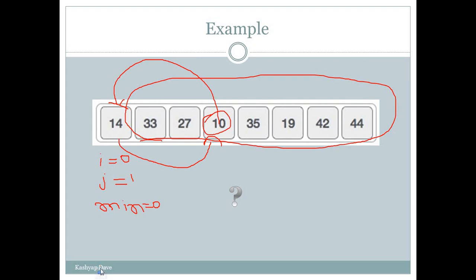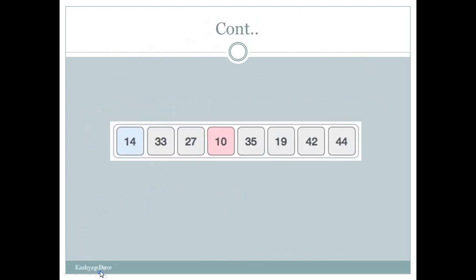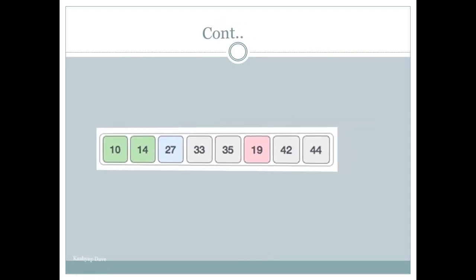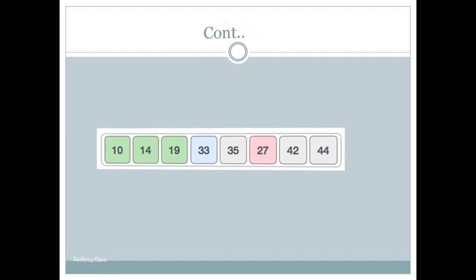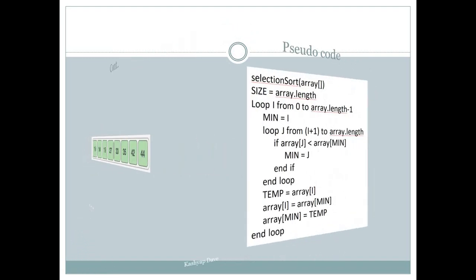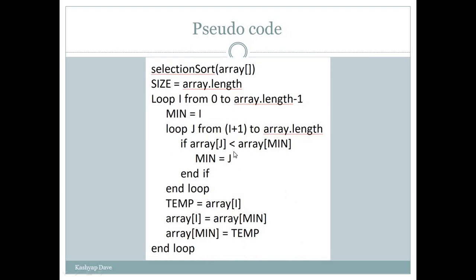Okay, so here in the pseudocode you can check that. We are checking every element. We start with i equal to 0 and j equal to i plus 1, which is 1, and start checking every element against our minimum element.